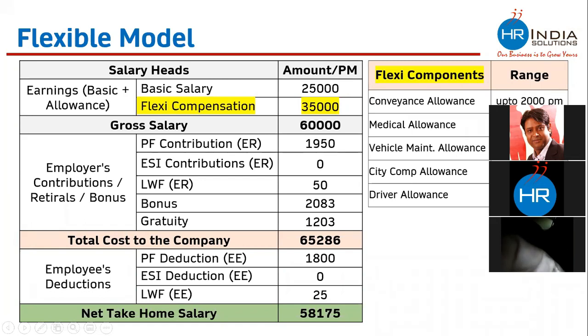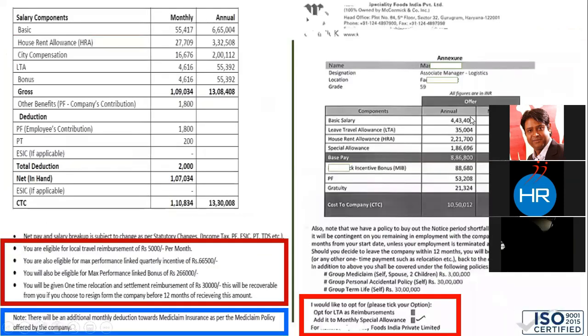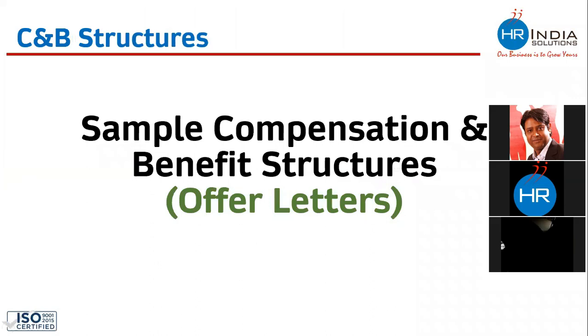Now, this kind of compensation model, where the employee can pick their salary from the available components, is known as the flexible compensation model, where the employee also has some choice to decide their wages or salary, so that they can save some taxes depending upon their expenditures. The employee has the freedom to choose their flexi components. Now let's understand some of the actual compensation annexures, some of the actual offer letters,